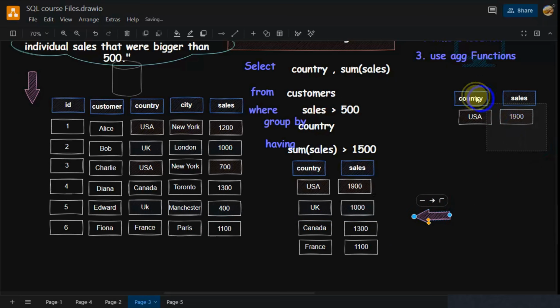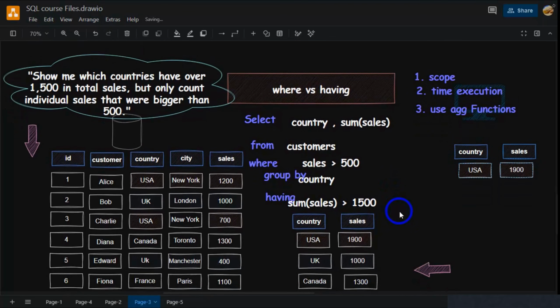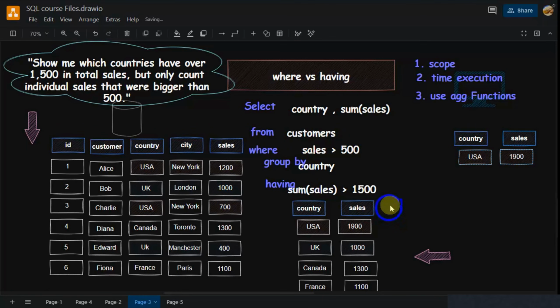So we only have this one. So this is the order that the query will be executed in. First, we call the data. Second, we filter the rows by the WHERE clause. Then we group by country, and also do the aggregation. The last thing, we filter the resulting data from the aggregation and grouping,